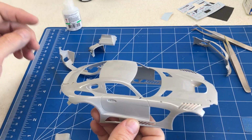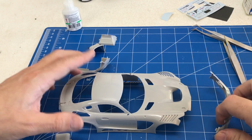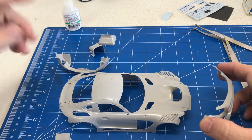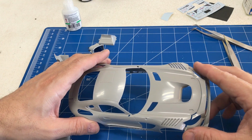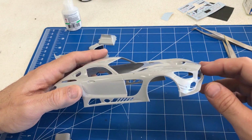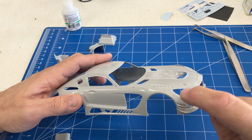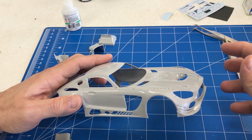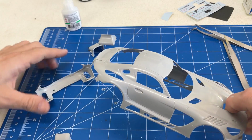Okay, now that we have the chassis done, we can start working on the body. And what I've done is I've just taken some of the parts, the main body parts, cut them off the sprue, and I'm just going to fit them together here. And I just want to show you guys what incredible engineering this is, how well those parts fit on. The parting lines are all exactly where they would be on the real car, so there's nothing we have to worry about filling. And once we get that piece on,